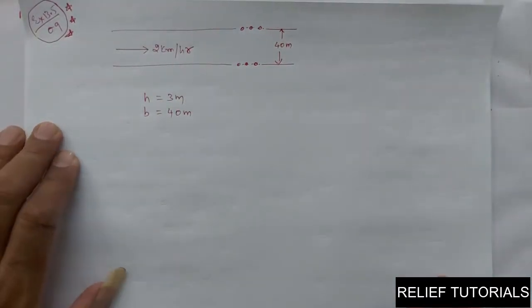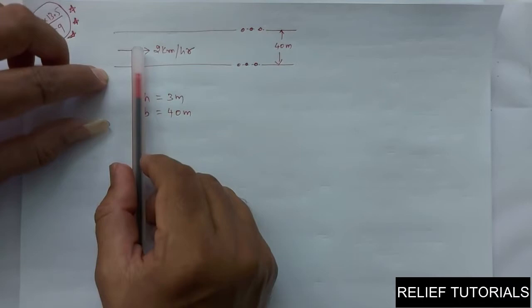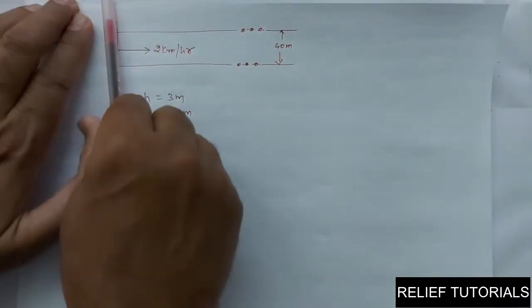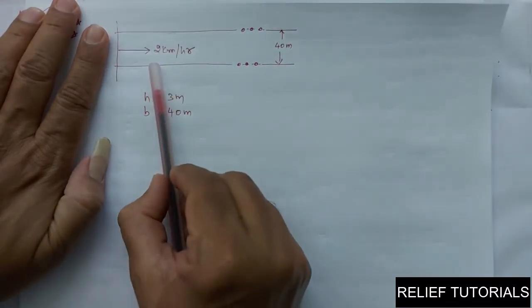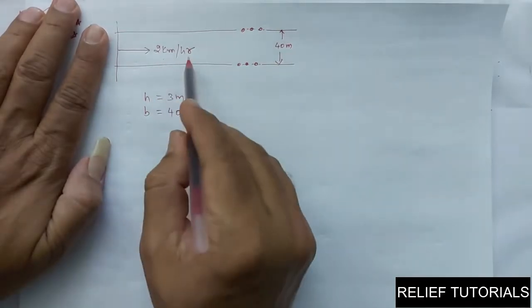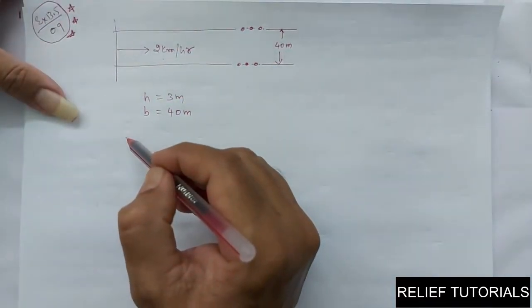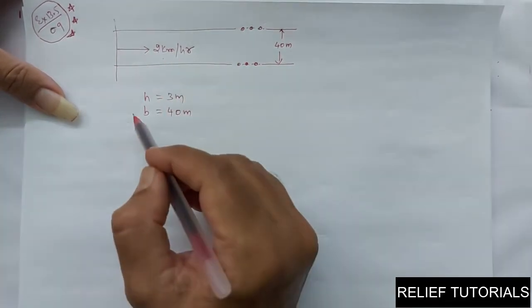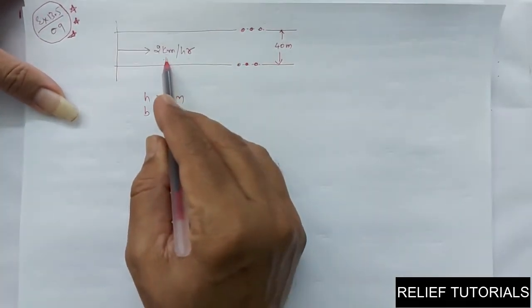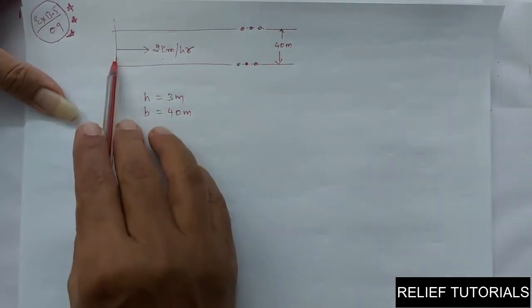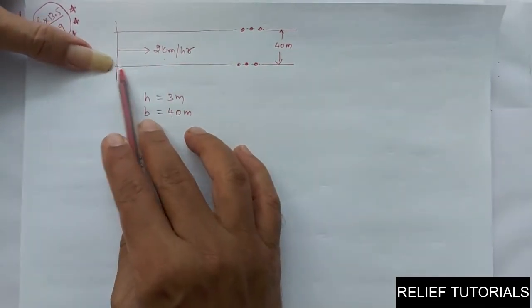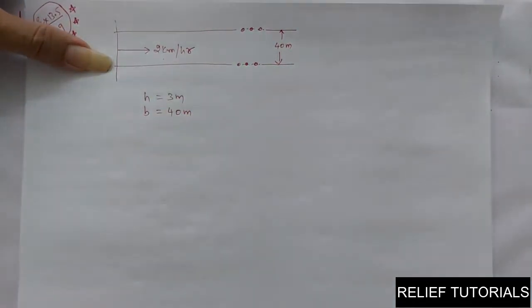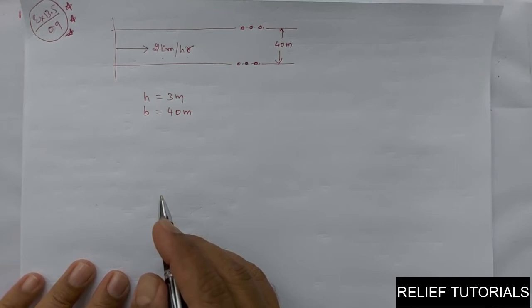So it means if you start from the starting point here, if you start the flow of water, then the water in 1 hour will cover 2 km. This is the speed of water. What do you mean by 2 km per hour? If I say that you are traveling at a speed of 2 km per hour, it means in 1 hour you can cover a length of 2 km. So here same thing, the water in the river is flowing at a rate of 2 km per hour. It means in 1 hour the length of water covered will be 2 km. Clear?